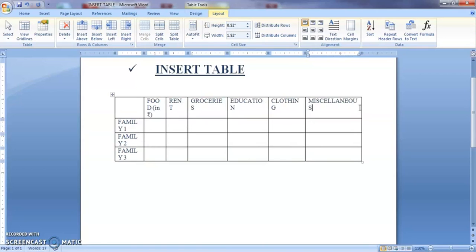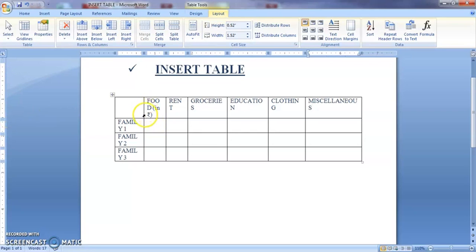This is the reason why I suggested that initially you can select the number of columns and rows a little less than your requirement. Then after making all these alignments, you can insert new columns and new rows, and it is easy to do. Now here you can see I want to extend it. So what I have to do is, here are some margins. This is what we call margins. These margins help you to move the table column. And here you can see some of the margins which help you to move the row.